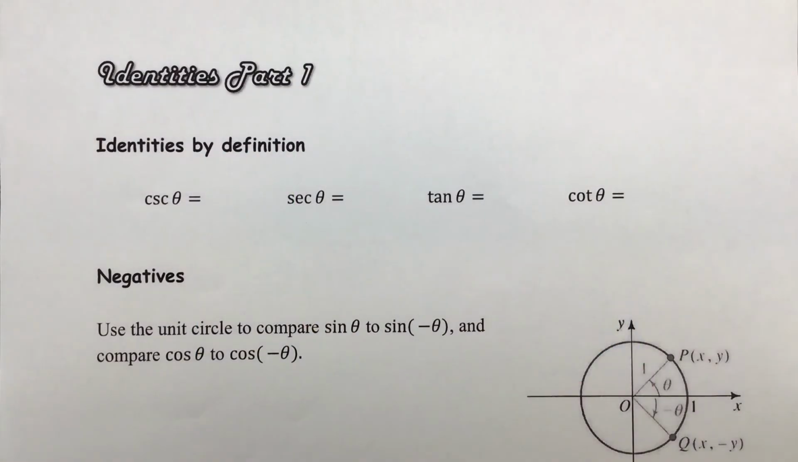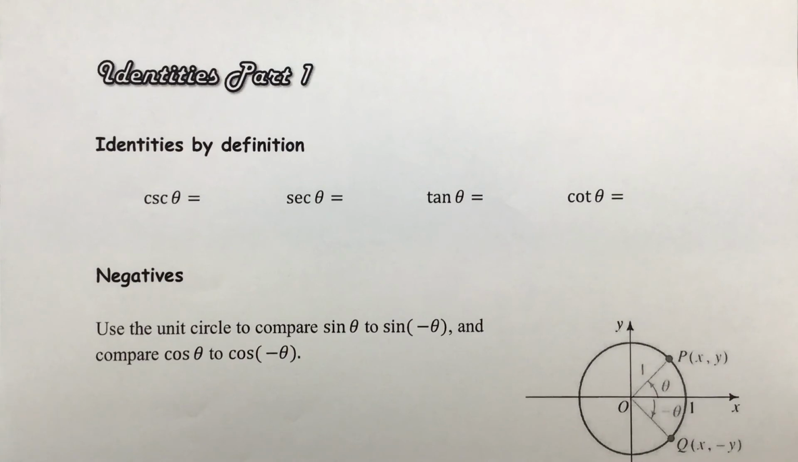We're going to talk about identities. That would be trigonometric identities. You're going to notice here that the title is Identities Part 1. We'll actually be doing this in two parts because there are a lot of trigonometric identities that we need to get through. One of the things that you're going to notice as I go through the identities is that I'm